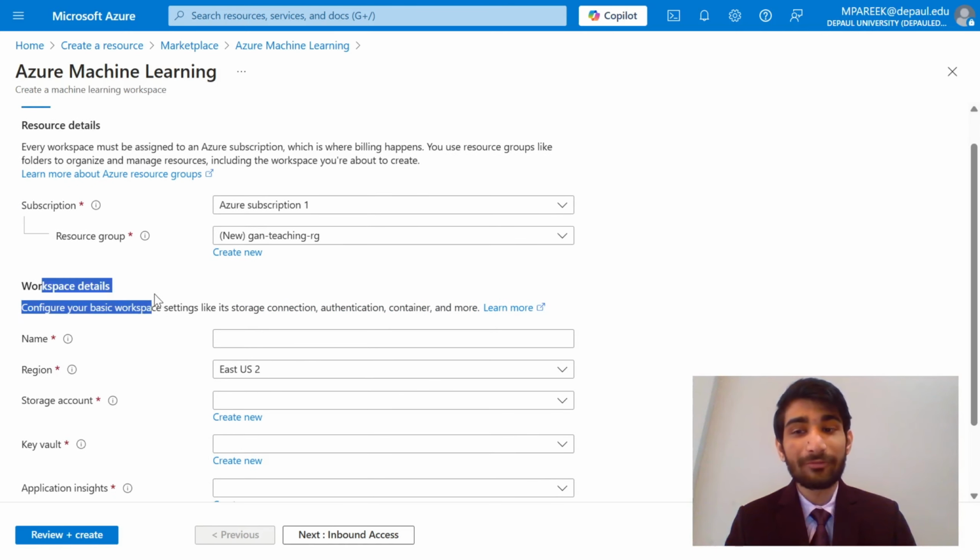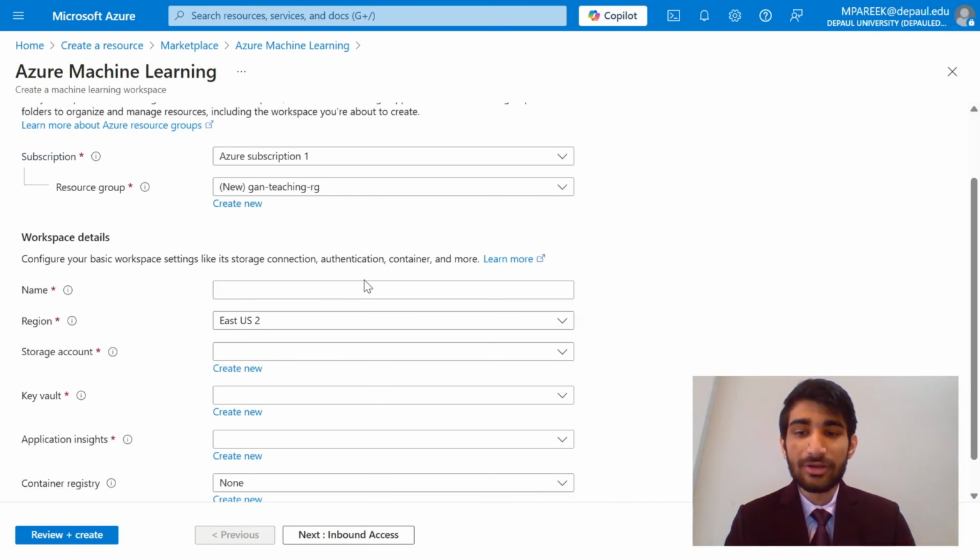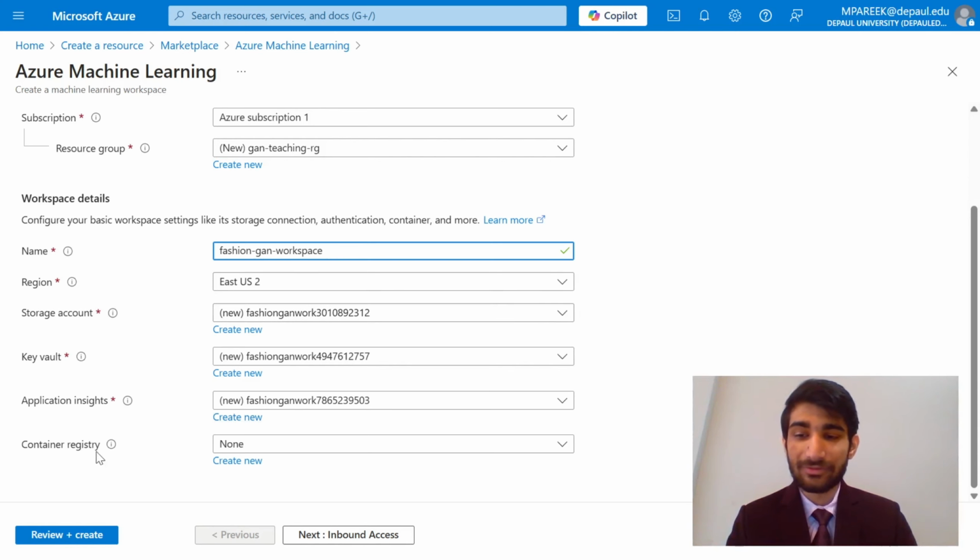Now we have to give the details about our workspace as well. So configure your basic workspace like its storage connection, authentication and container and node. So what should be the name of my workspace? I can give it as fashion GAN workspace. Okay. And it will make everything else by itself. So container registry, I will keep it as none only. For application insights, it has created something by itself. Okay. So now what we can do is,